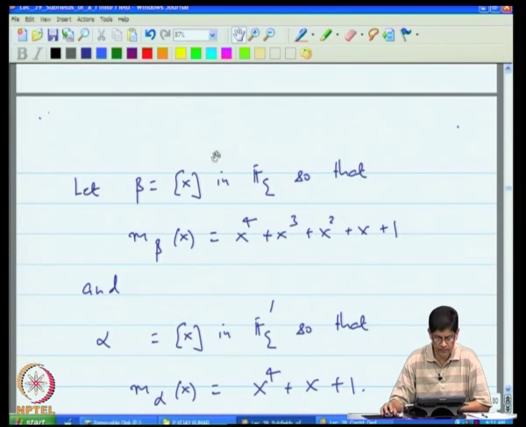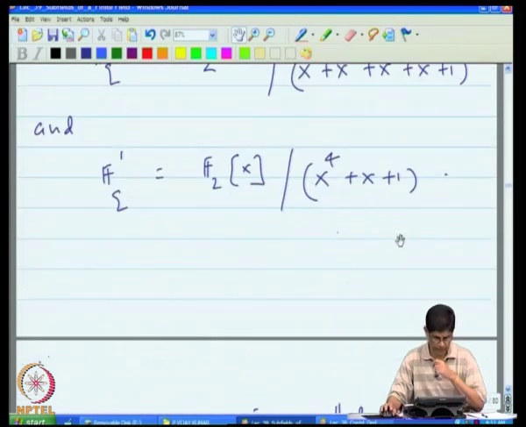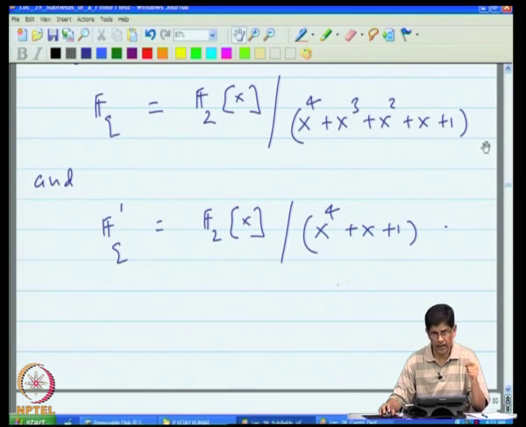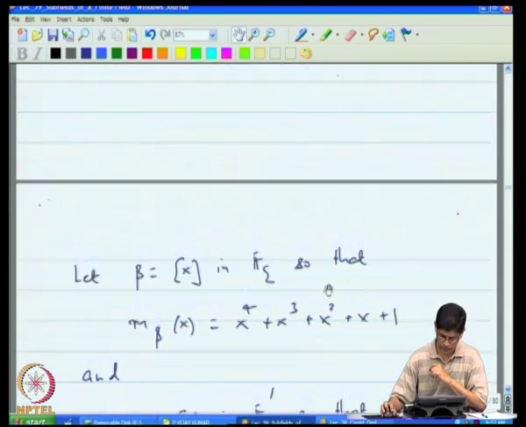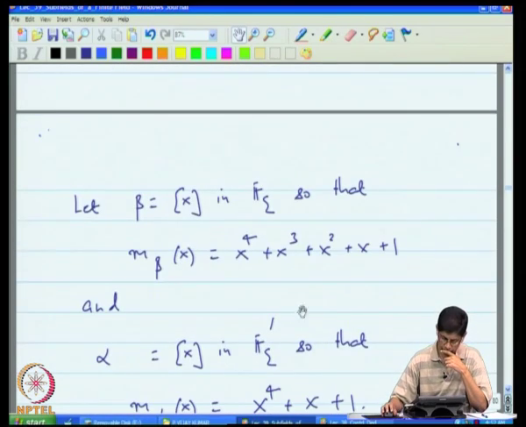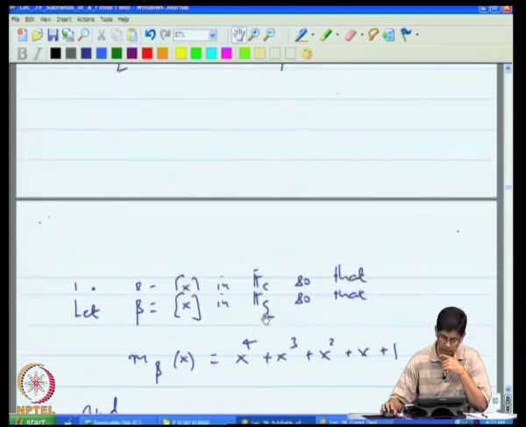Let beta be the equivalence class in F q, so that the minimal polynomial of beta is x 4 plus x cubed plus x squared plus x plus 1, okay. The reason being that we already know that this is an irreducible polynomial. So if any element in the finite field is a 0 of this polynomial, then this polynomial must be its minimal polynomial. So that is what I have written here. Similarly in here,